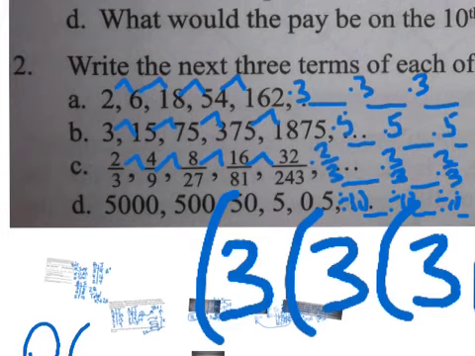And then 5,000 down to 500, down to 50, down to 5. One pattern is you're losing zeros, but then after the decimal you're going to gain zeros. So the idea is really we're dividing by 10. You divide by 10 to get the next, divide by 10 to get the next, and divide by 10 to get the next. So that's all the sample problems that we did in class from the textbook and Section 3